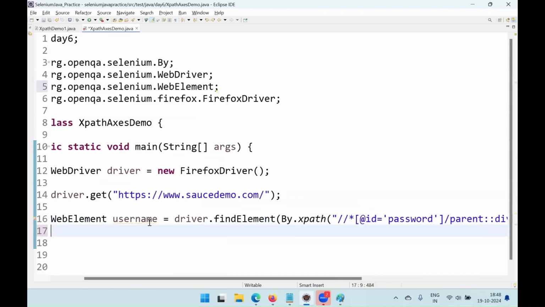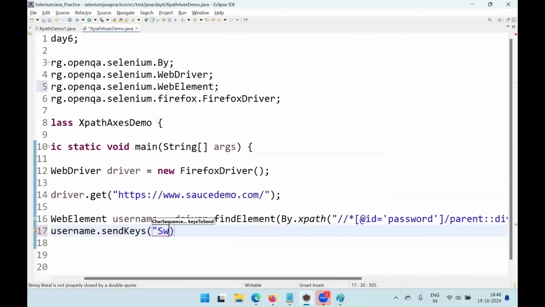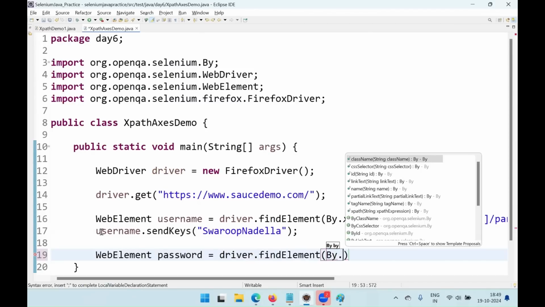So in the username field, I want to enter the text. sendKeys, and enter Swaroop Nadella as the username. And in the same way, for the password field also, let me use a different element. So driver.findElement(By.xpath